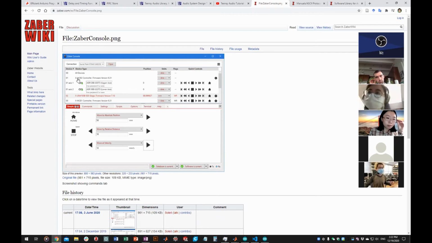Especially here, we have the two-axis controller, I believe XMCB2. Two stands for the two axes. And if you have two different stages, the controller also needs to know what model of stages are connected to each of those